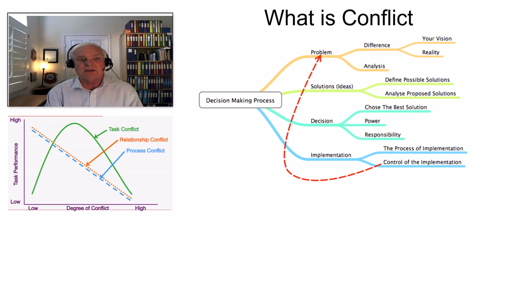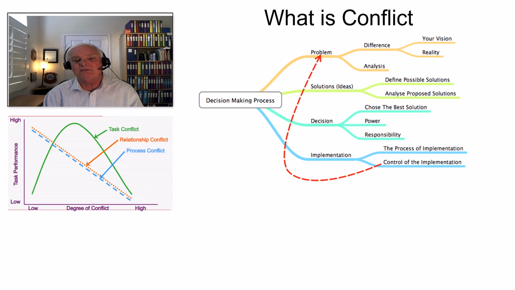So if you take a look at that particular series of bell charts, you can see task performance based upon the degrees of conflict, and what happens from a relationship conflict, from a process conflict, task conflict. So that bounce up there is what happens when we have task conflict. When we're trying to do something, you can see that the performance of your organization is going to be impacted by this.